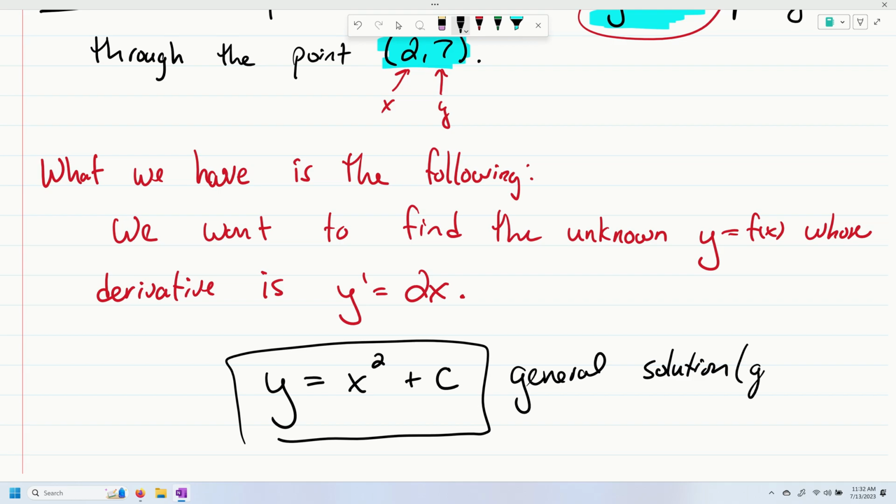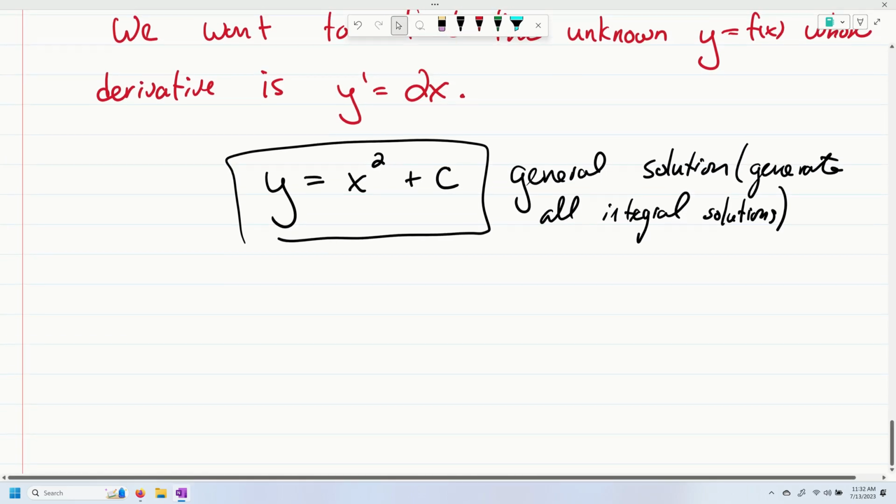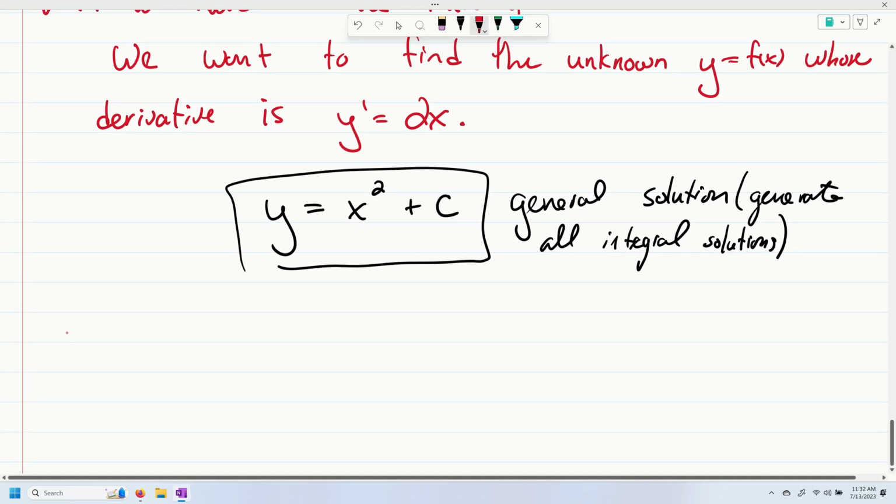This will generate all integral solutions. And those solutions belong to the family of solutions. Okay? But we want to know what is c, because we were asked to find the particular solution. So to find the particular solution,